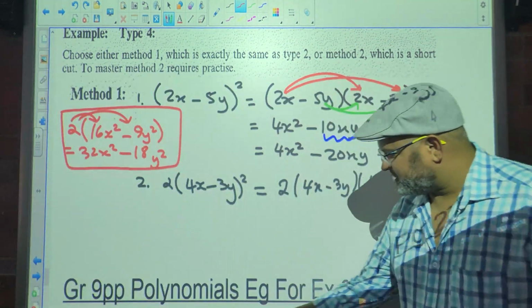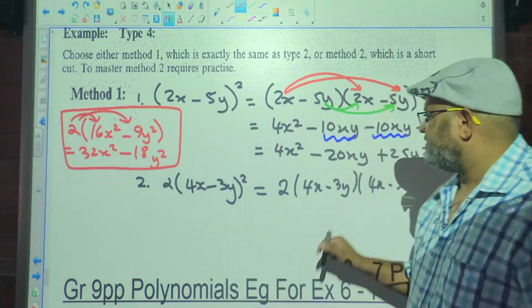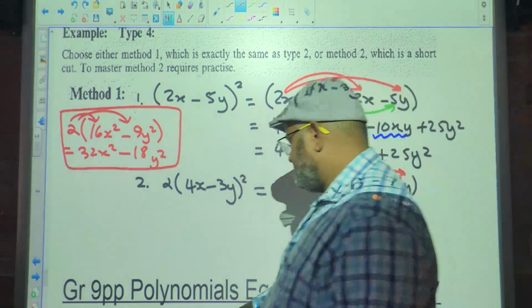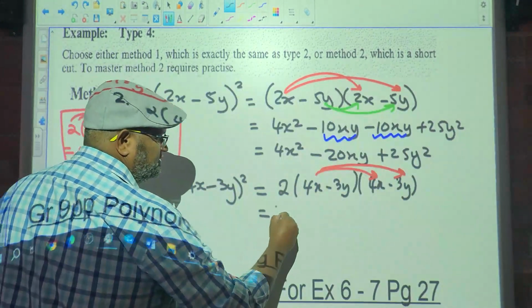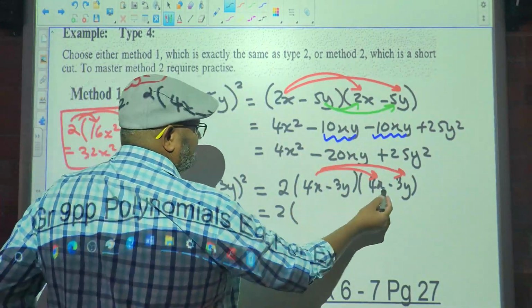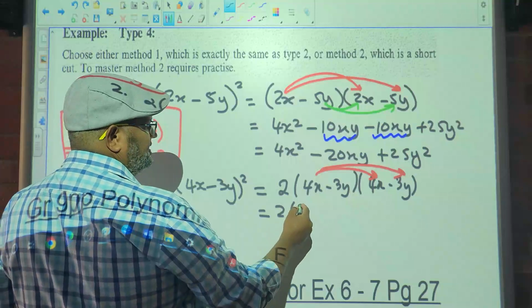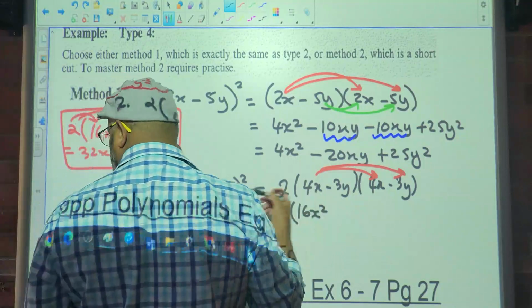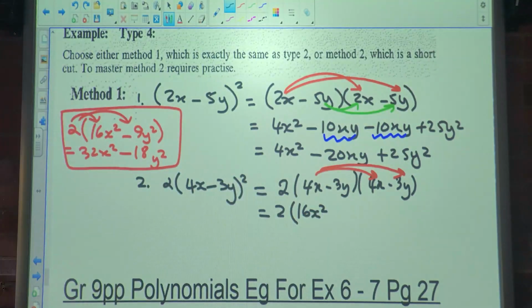What we're going to do first, we said? We're going to multiply this in here. So what are we going to have? 2 into, what's 4x times 4x? 16x squared. What is 4x times negative